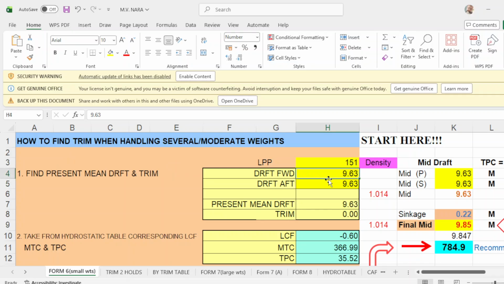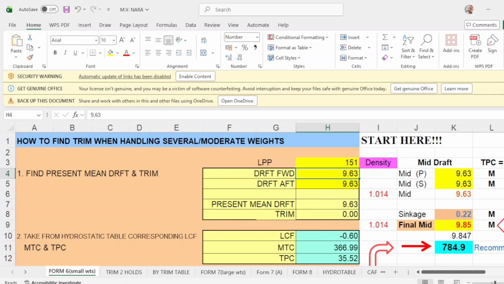So you have a night order to the duty officer that when you reach the draft of 9.63, you will advise the foreman to stop loading.